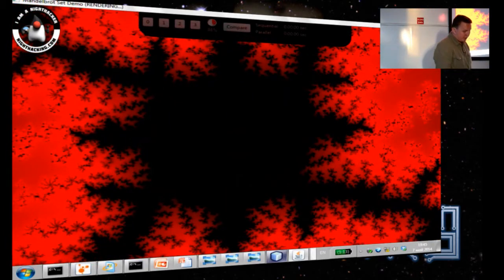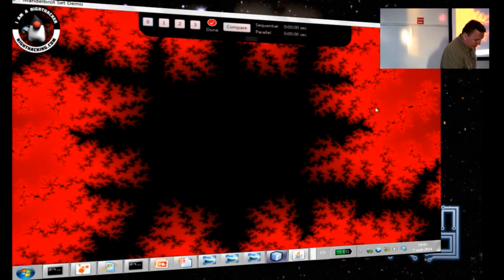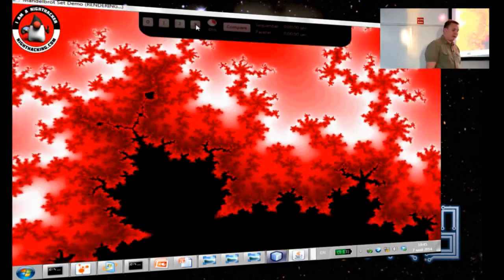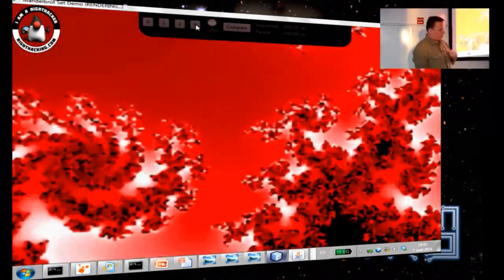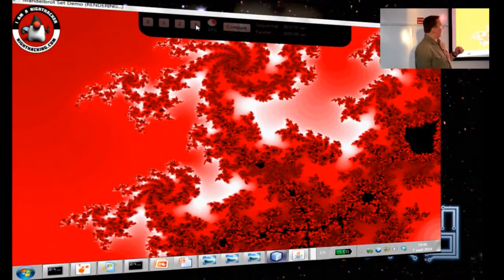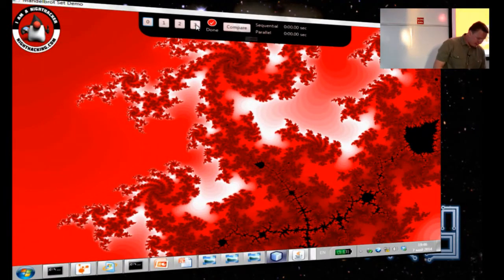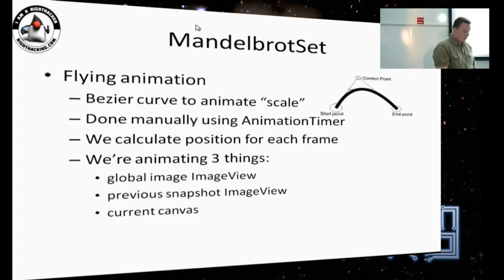So the way this animation is done is that we are actually rendering the next Mandelbrot Set image based on how far the scale of our position changes. Well, let's describe it a little bit in detail. We have two positions in a Mandelbrot set, and we want to fly from one to another.